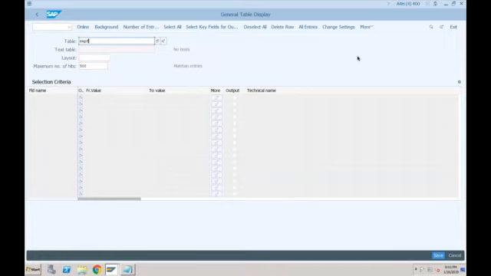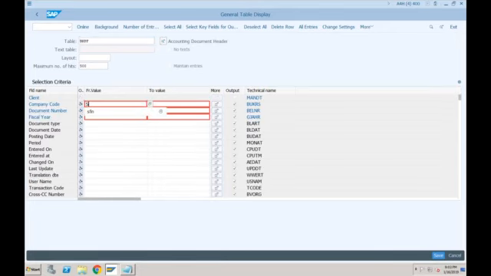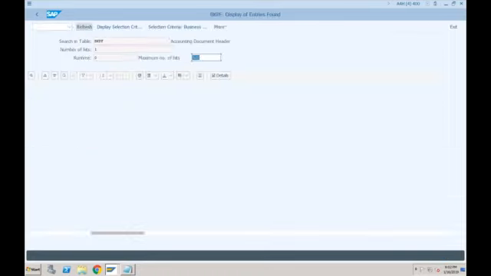BKPF and BSEG, right? BKPF was the header table. For company code SF01, if I execute this, here it is called online. Just click on online. It is still showing the data.